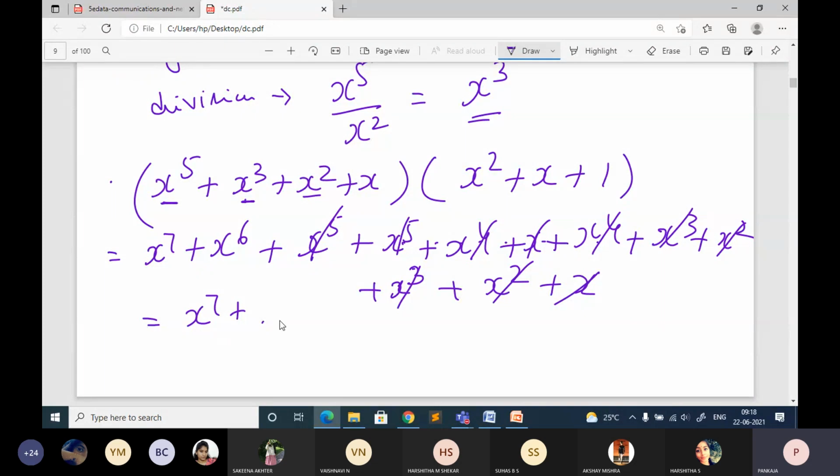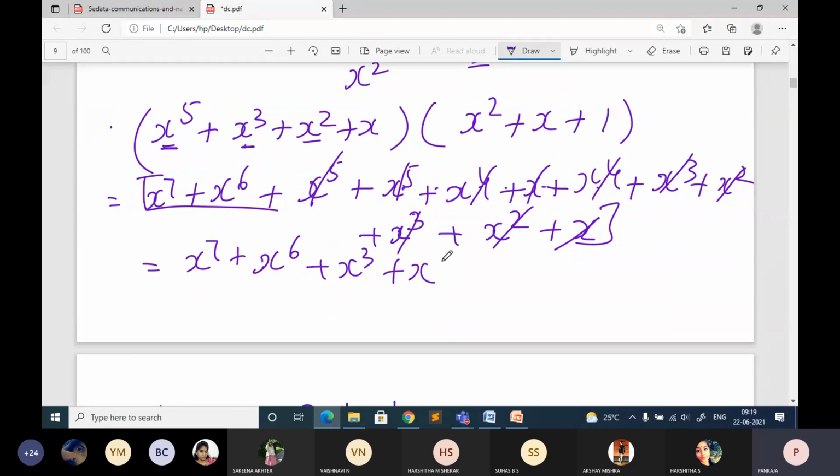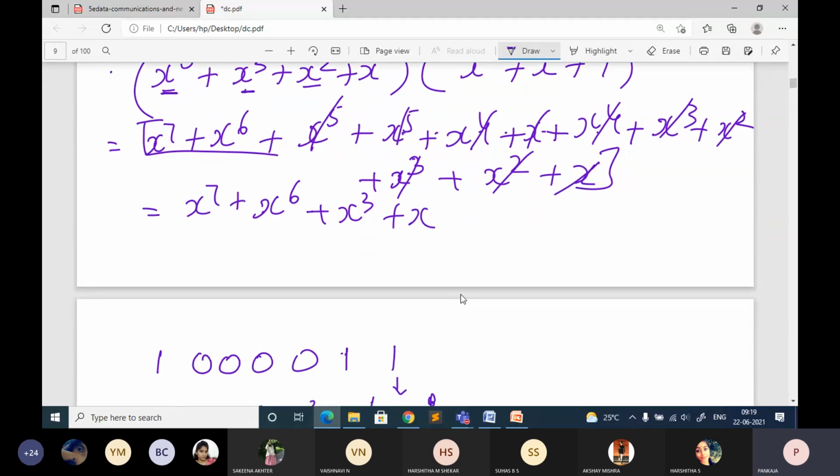So the final answer you should get is x power 6, x power 10 plus x power 6, x cube plus 6. Okay, you just do it once again. So you just don't write this one, you do by yourself, take each term and multiply. Okay, and this is the final answer you are going to get. This is how you can multiply two terms.